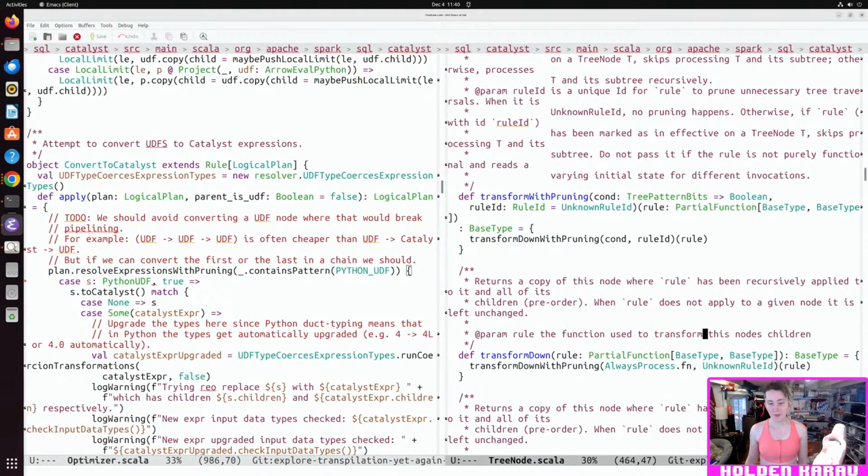Transform down is the same thing as transform down with pruning.